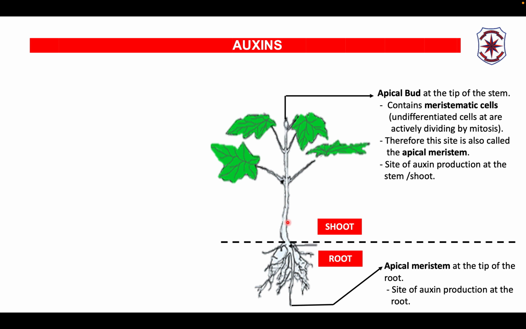The shoot would include the stem. So on the plant, there is the main stem, and then we have the side branches. In this case, the side branches are holding the leaves. And then at the very top, at the top of the stem, it's a very important region where